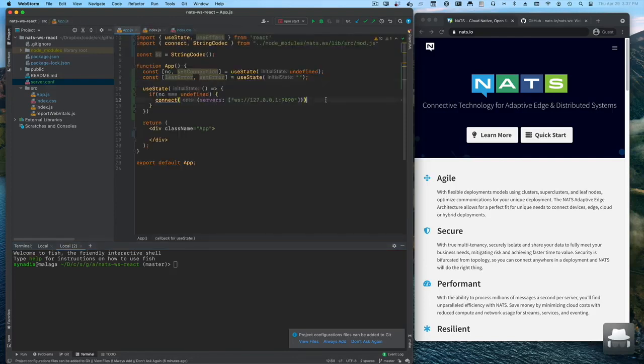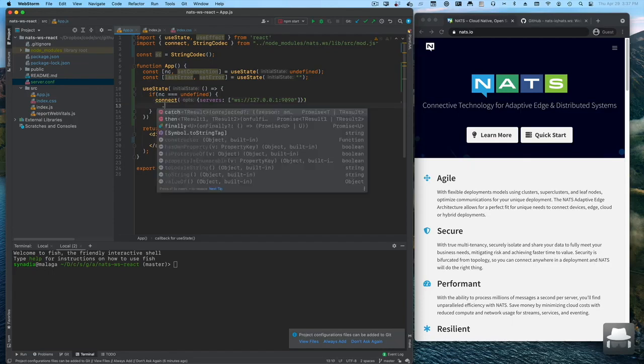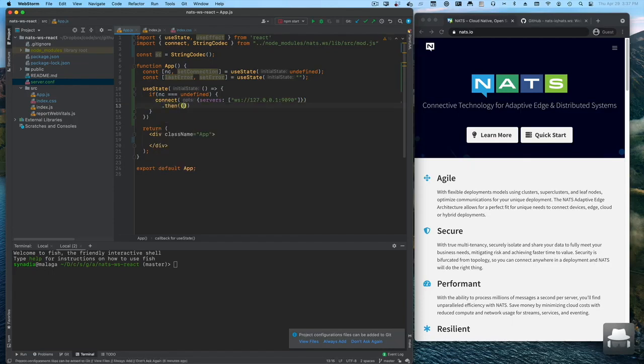Now what we're going to do is handle the success on the connect. So we're going to add a then block, and here we're going to go ahead and grab, and we're going to call that setConnection function, put in the value that we got,